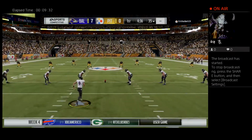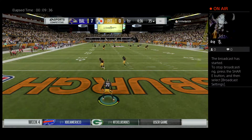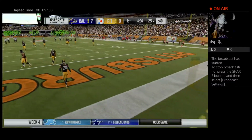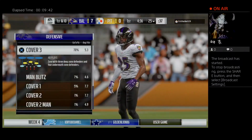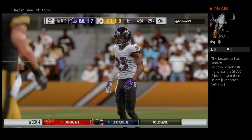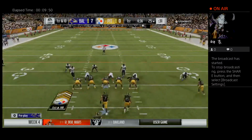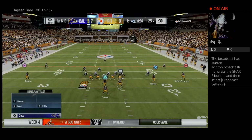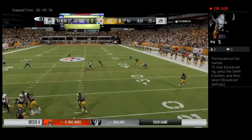Here's Tucker now out to kick this one away. And that'll carry over the back line of the end zone for a touchback. The Steelers offense now, they head back onto the field. And on the last go-around, they really couldn't get anything going. They had to punt from deep inside their own territory, which means you're going to lose the field position battle as a general rule. What they're looking for now is a little more...